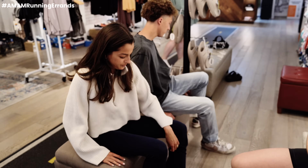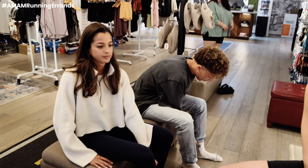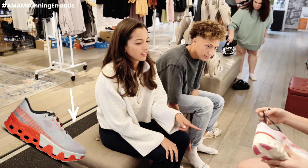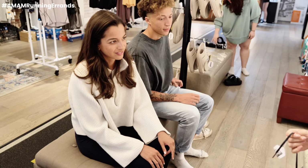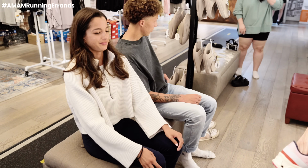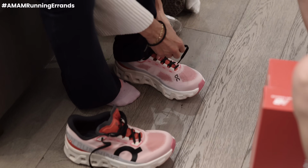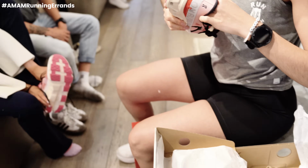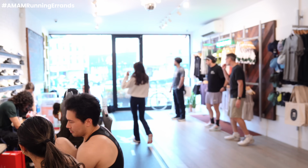We'll start with you here, Mica. So we've got the Cloud Monster Hyper. Oh no way. Okay, I've actually used the On Cloud Monster, but I haven't tried the Hyper. Well, this is a bit of a level up. A pretty fun, responsive, sort of long run shoe. It definitely gives you a lot of energy return as well. So the more you give it, the more it's going to give you. And the color's just...